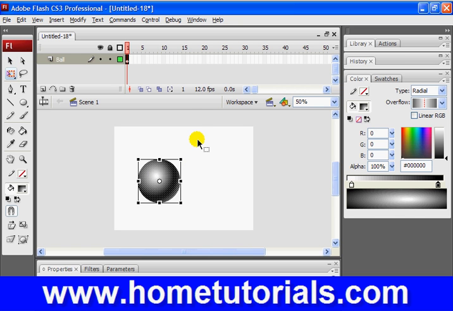Hold down Shift while I take a corner, that way when I'm transforming it, it keeps its proportions. And I'm going to do it maybe about that big. And now I'm going to grab this again, pull the ball up top here,